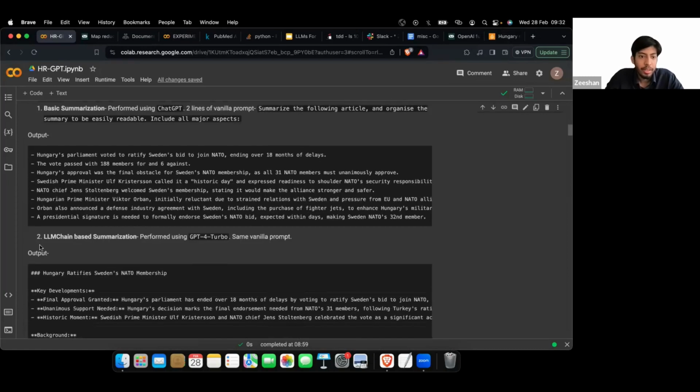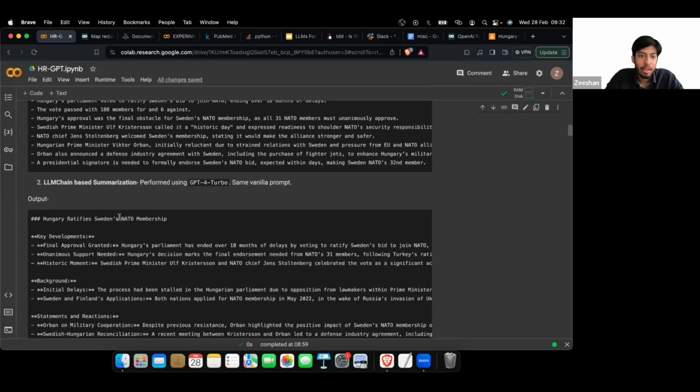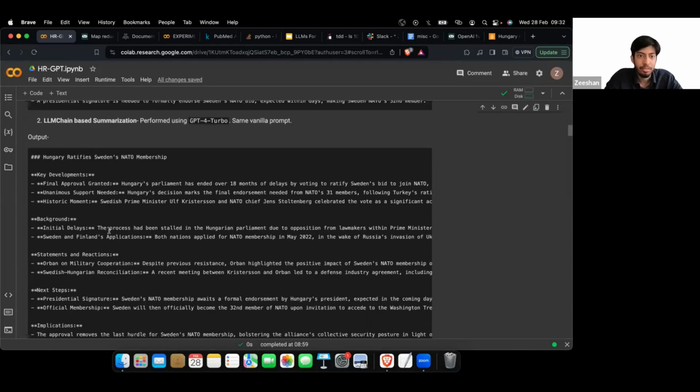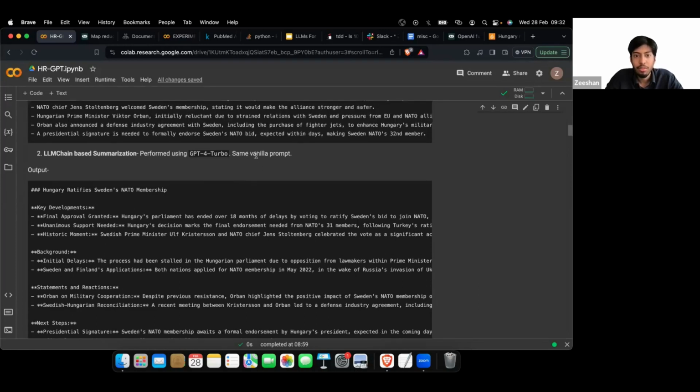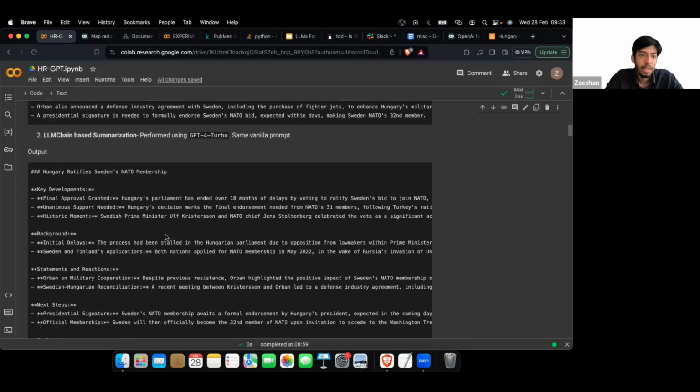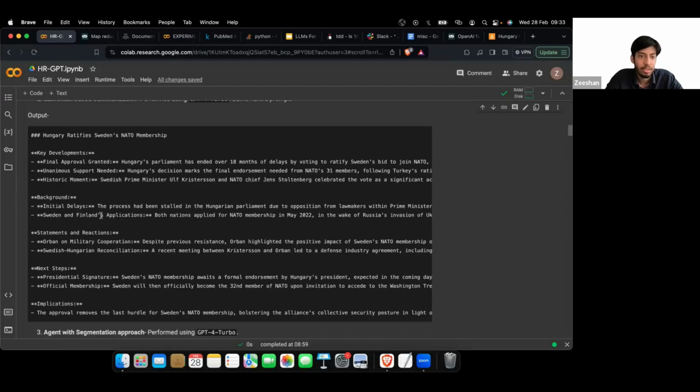But what happens is that with the LLM chain, we have the ability to control a few parameters. For instance, the model. Here I am using the latest GPT-4 Turbo model, and I have control over temperature as well. With these tweakings, even if the prompt for summarization is the exact same for both the LLM chain and ChatGPT, due to the more flexibility that we have, you can see that this summary is actually a bit more organized.